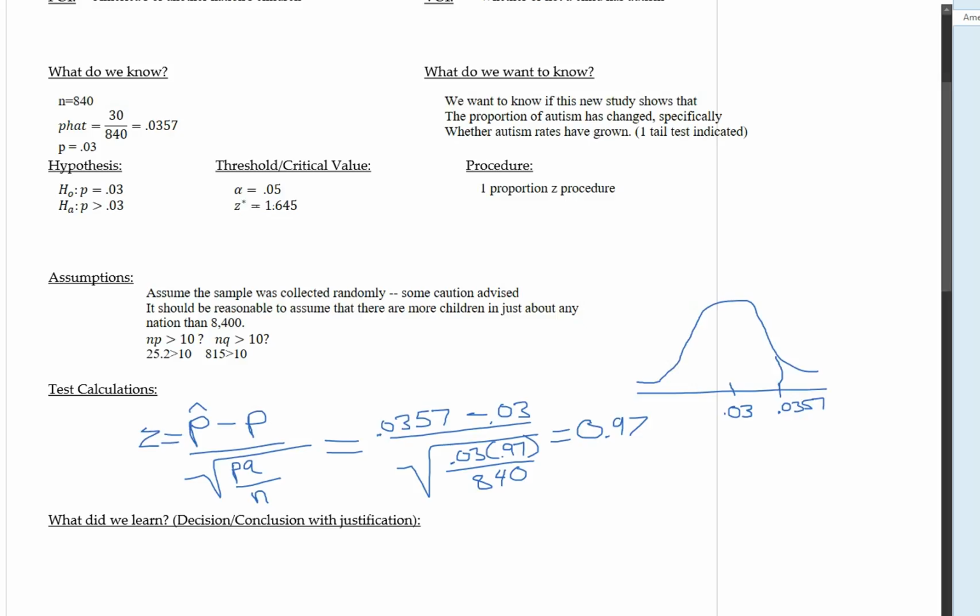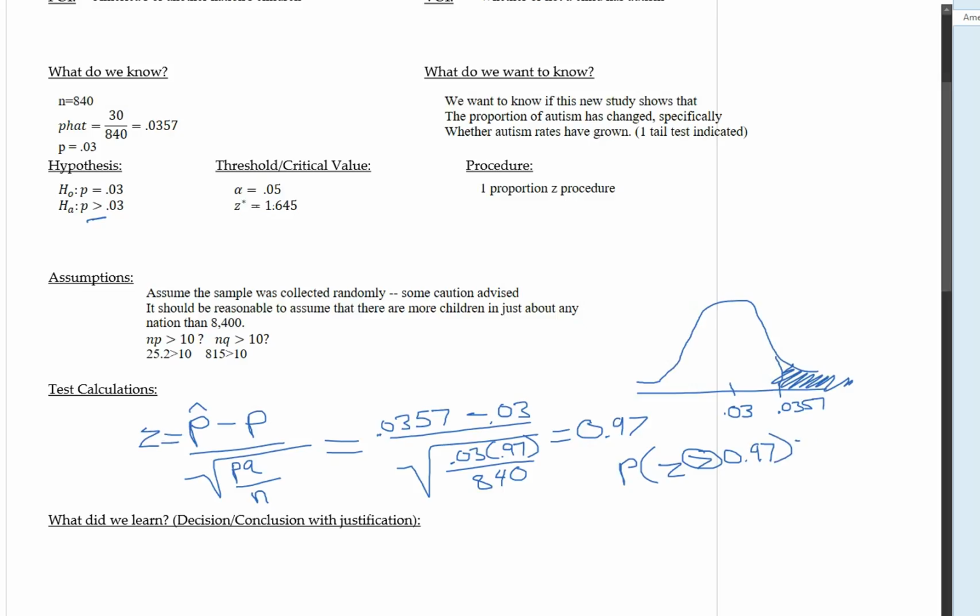Well, we're trying to see if it's grown. So in other words, we're trying to see the probability of getting something like that, or even more extreme, if this is truly the middle. So I think we're trying to do this calculation up here. That means we want the probability that our test statistic z is more than this right here, which should line up with what we had back up here with our one-tail test above. Okay, so it's the probability that z is more than